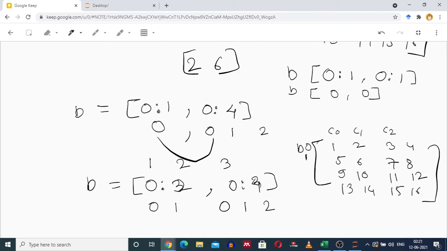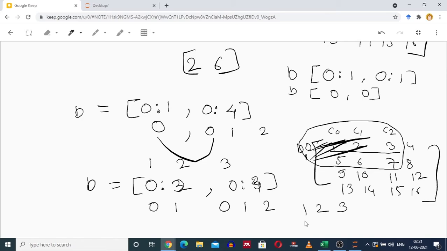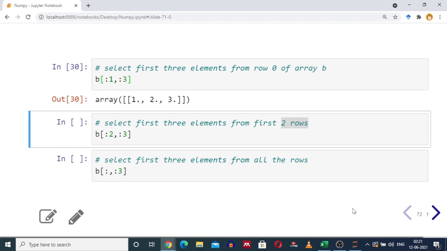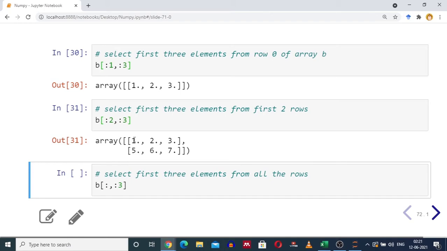This will run till 3. First 2 rows, so your output will be 1, 2, 3 and 5, 6, 7. For row 0, column 0, column 1, column 2. For row 1, column 0, column 1 and column 2. So output is 1, 2, 3, 5, 6, 7. You get the same output 1, 2, 3, 5, 6, 7.